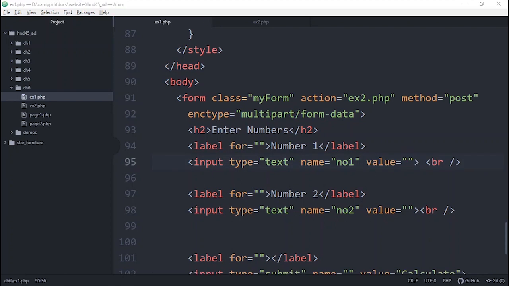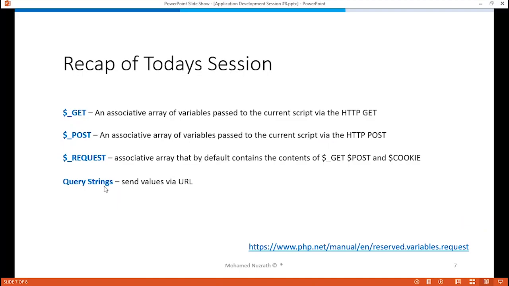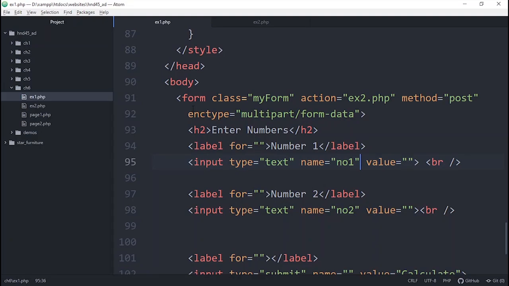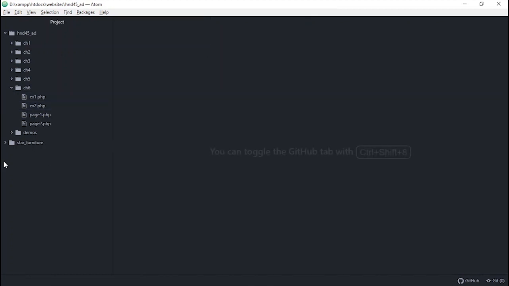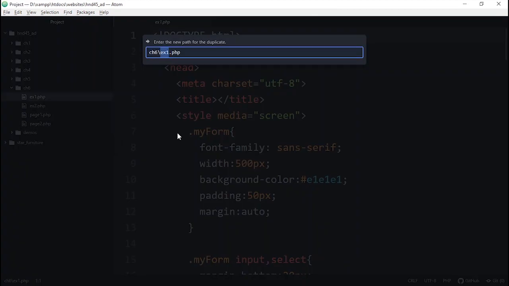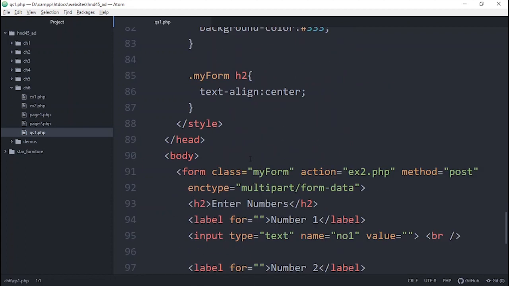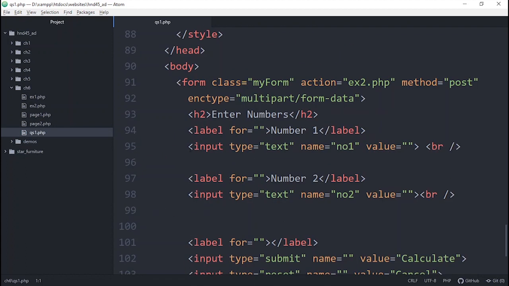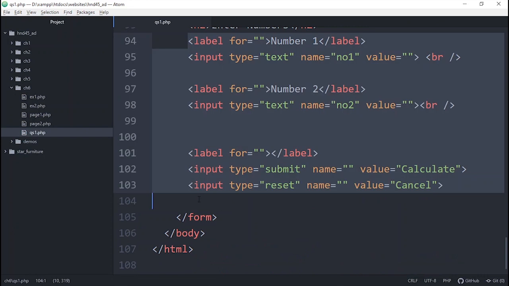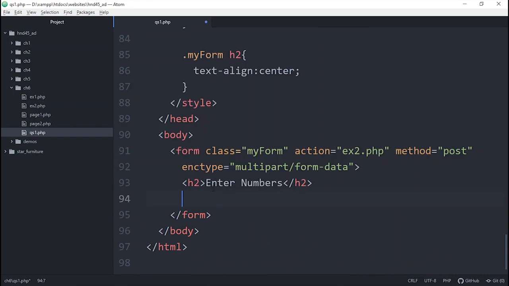The next part I'm going to teach you is query strings. So there is a final part, it's called the query strings, right? So we will discuss that one as well. To do this one, I'm going to have another 2 pages separately. So without wasting time, I'm going to make use of my first page, right? Duplicate it. So I'm going to call this one as QS1 and I will delete all the inside components of the form, and I don't want to go inside the form. I just take them out.